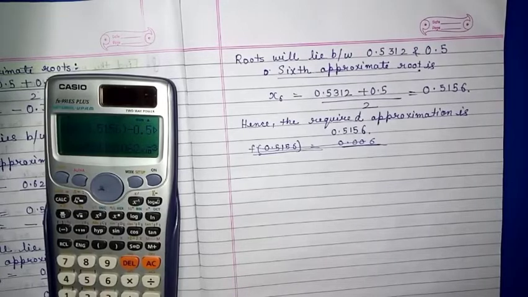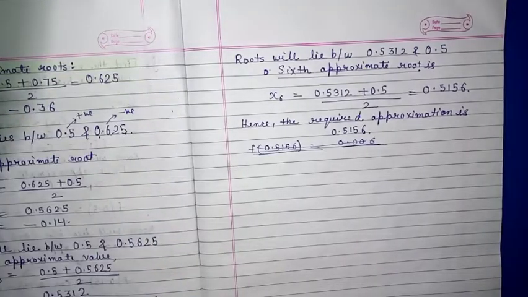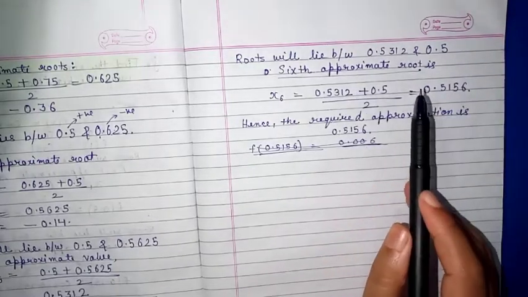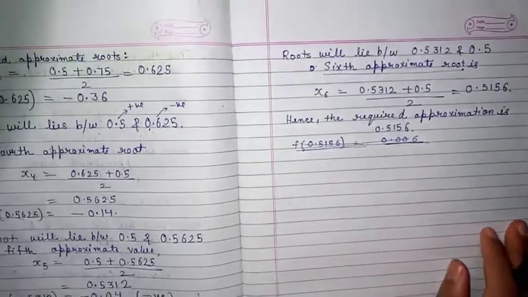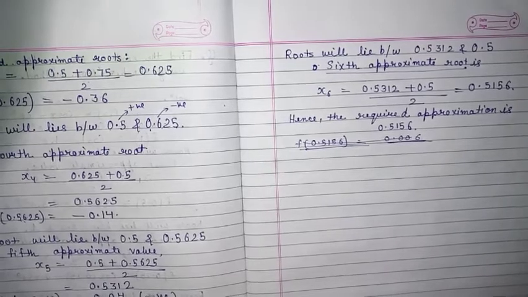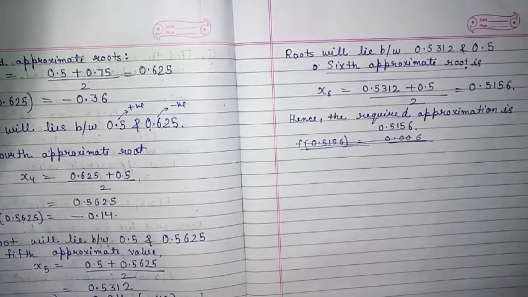So like this we will solve, and generally in examinations also you have to go till the sixth approximate value only. It all depends on you. If you want to complete it at the fourth step, you can do that, but I suggest that if time is there, you can go to the sixth step. Now one more question is there which is related to log. We will solve it because this question is very important.